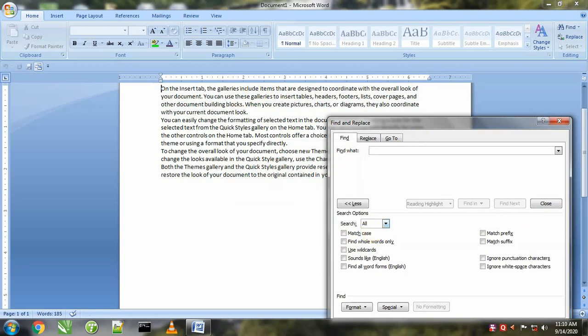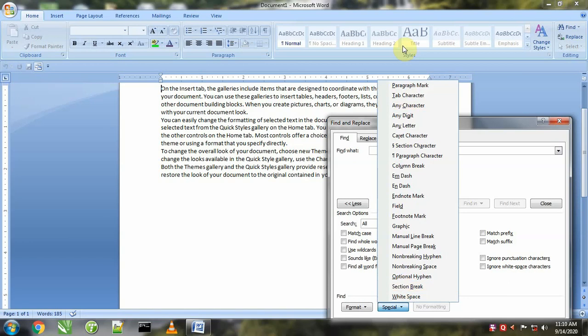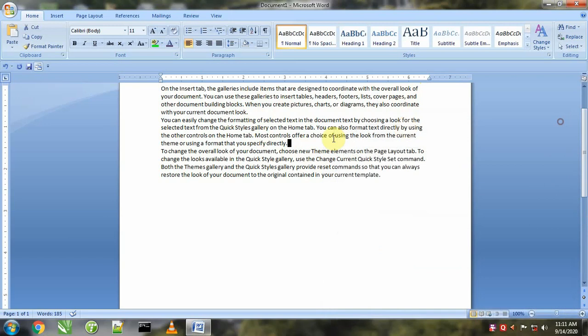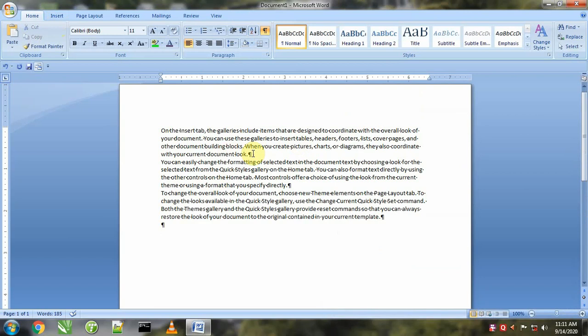Besides this, with the help of find, we can use these characters also, like paragraph marks. If you want to look for paragraph marks present in this document, we will click find next. So it's showing, it is a paragraph mark, it is a paragraph mark. But to look at all these paragraph marks, first of all we'll click on this button, so it will highlight all paragraph marks.